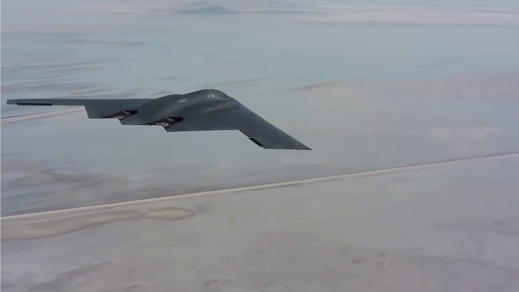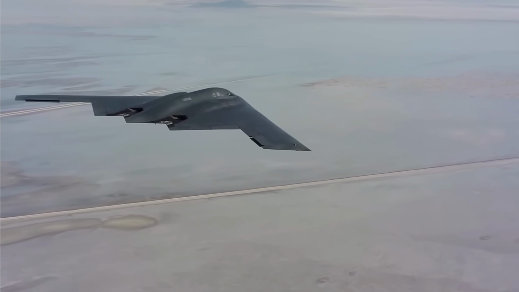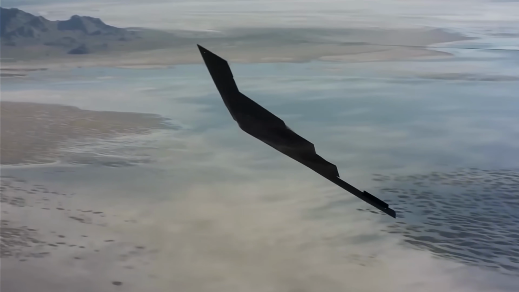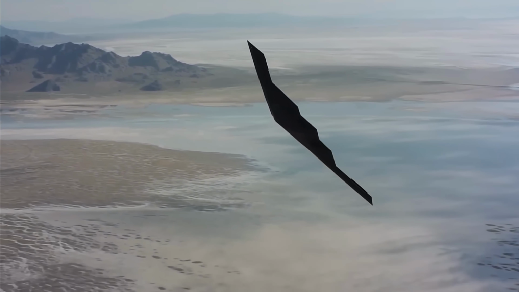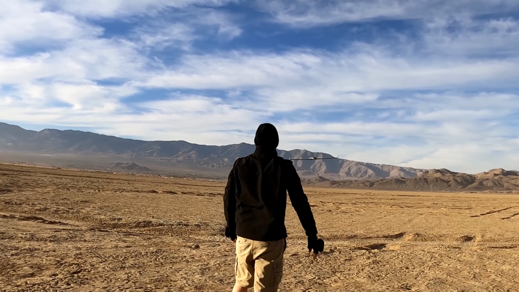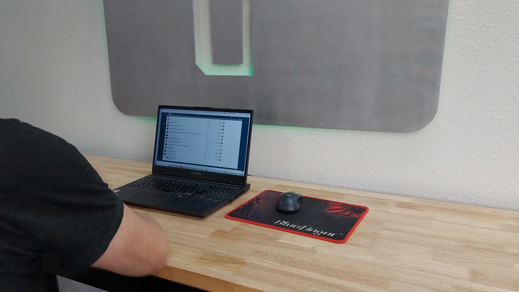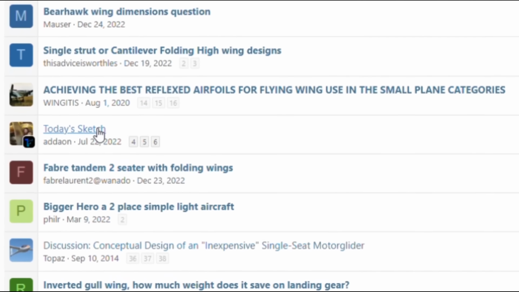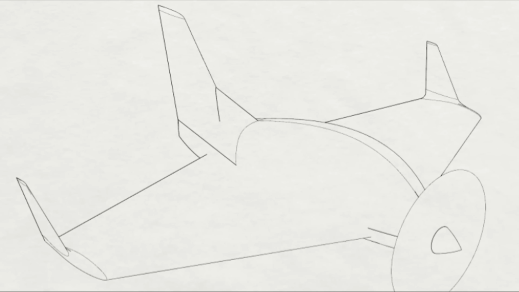Efficiency was sometimes mentioned, but I often wondered if having flight surfaces in constant movement would offset marginally better airfoils, especially since getting it to work well would take a ton of effort. Thus, the idea never gained too much traction with me, until one day I unsuspectingly opened a thread on the Home-Built Airplanes forum called Today's Sketch, and wow was I about to get a mental concept restructuring, courtesy of Adam